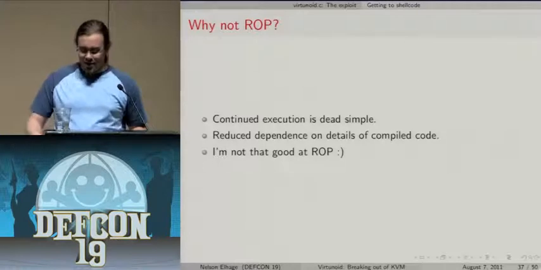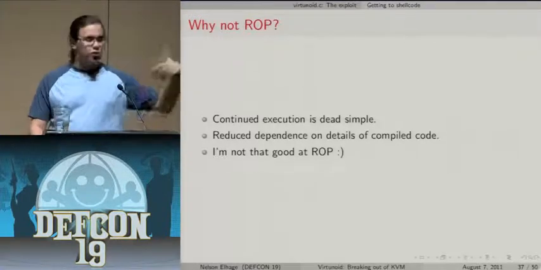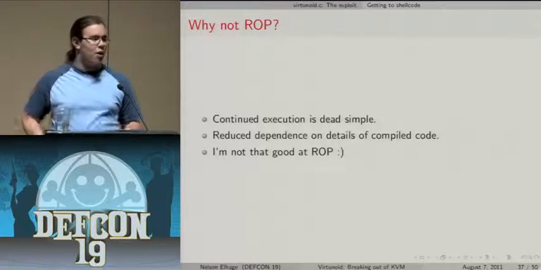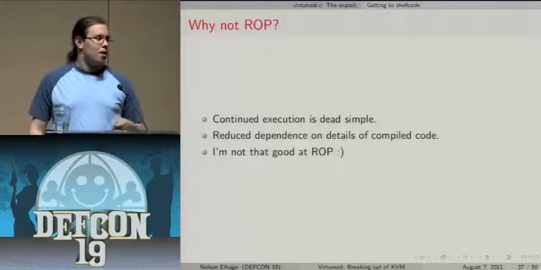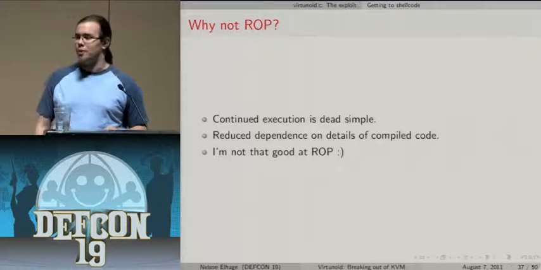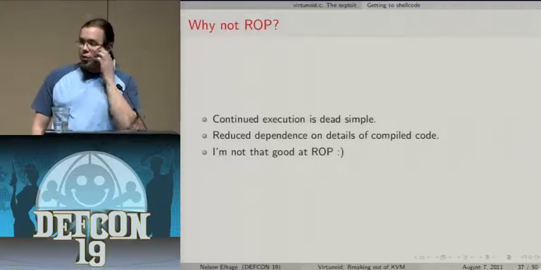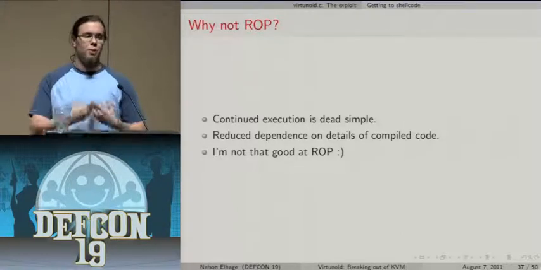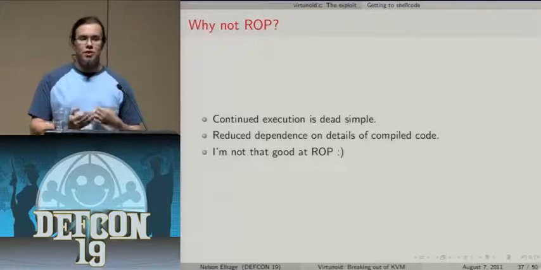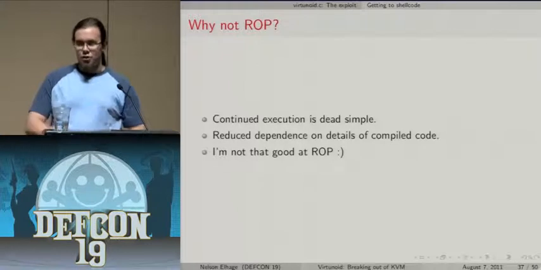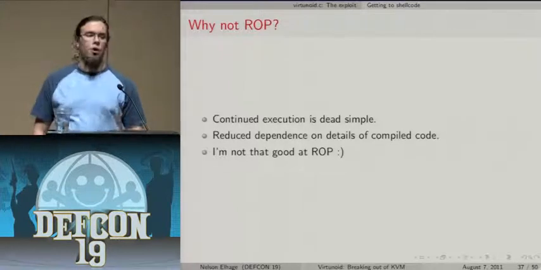Another thing that I like about this technique is that I've shown you virtually no assembly on the previous few slides. I've referred to one detail, but there's very little dependence on how these functions actually got compiled. And ROP cares very deeply about how the functions got compiled, because you're chaining together strings of assembly. When you're exploiting a program under Linux, you have to deal with the fact that every Linux vendor has their own build of the program with a slightly different source version, a slightly different GCC version, a slightly different set of flags. And so if you want to try to find ROP gadgets across every single one, it's a fair amount of work,